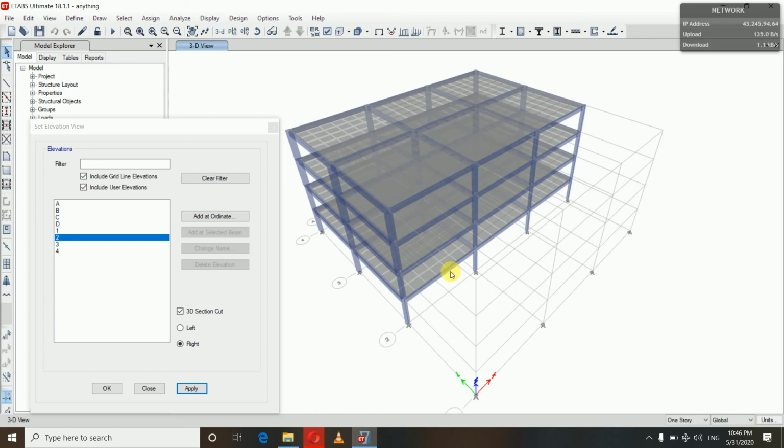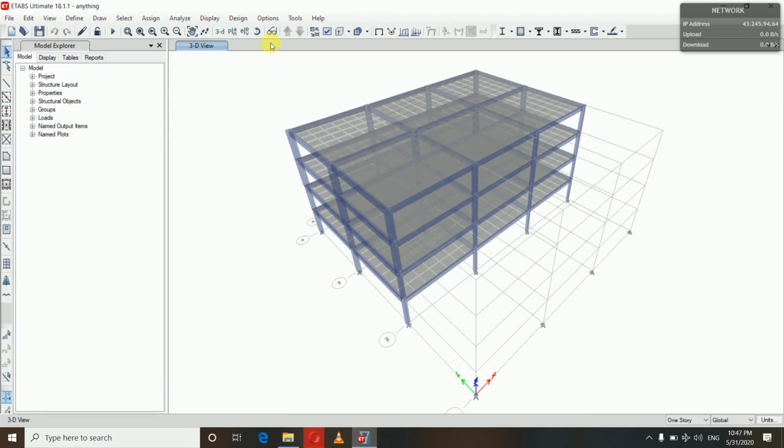In this way you can use the cutaway option and the walkthrough option. One thing: this cutaway feature does not alter the model. It only displays what you are doing in the current window. That is, it doesn't change your model.